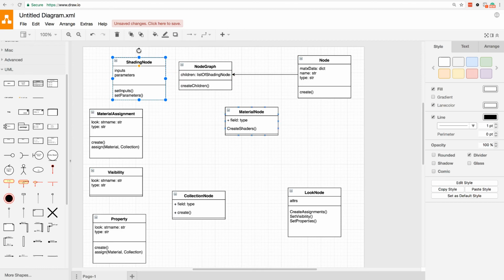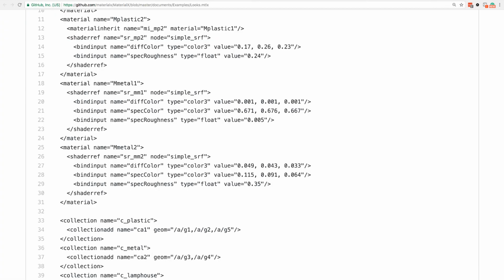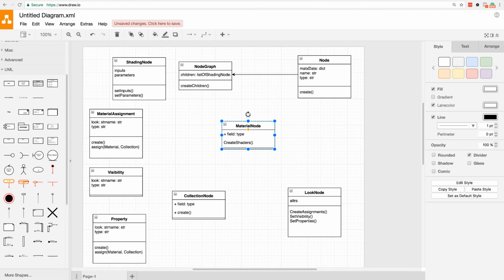So the material node is still going to be separate, and it's still going to need to create shaders, because when we try to translate this into Blender, you're going to have to handle multiple shader references, chances are. It might even be made of more than that, right? You might have a material that's made up of a blend of different materials. So I think this is still correct. We're going to try to create the shaders. And I think that is about it for now.